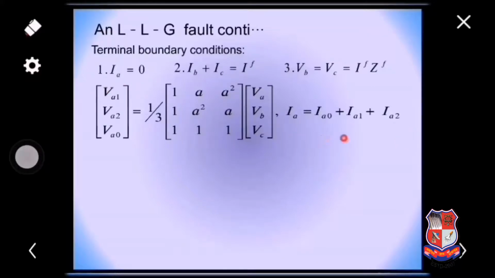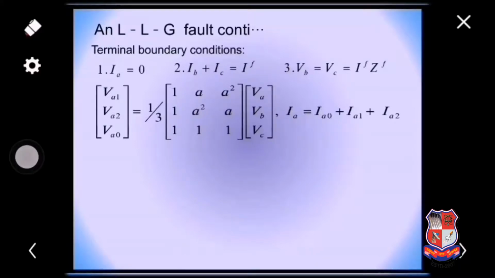Now when you put IA equal to 0, it says the algebraic sum of three currents meeting at a junction is 0. So this is the proof of KCL for the three sequence networks. When we are going to construct the interconnection of the three sequence networks, this relationship, that the algebraic sum of all the three currents meeting at a junction is 0, will be helpful.